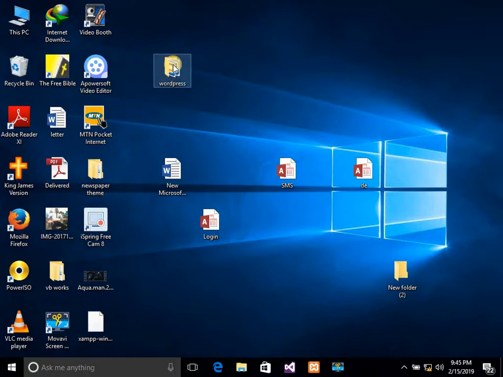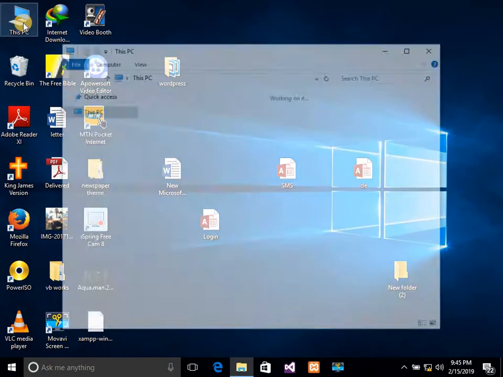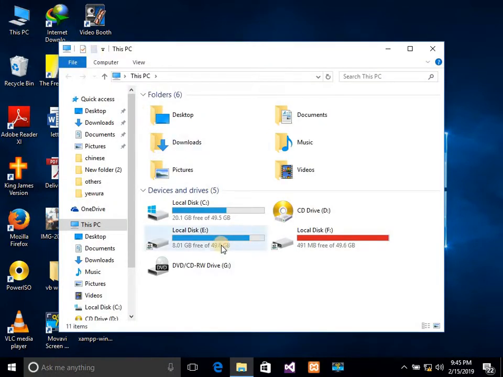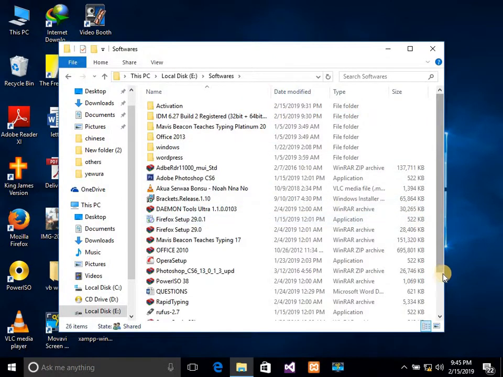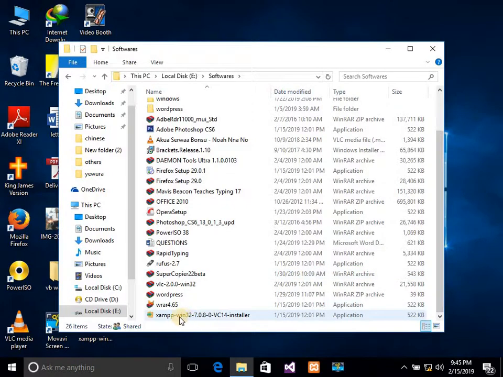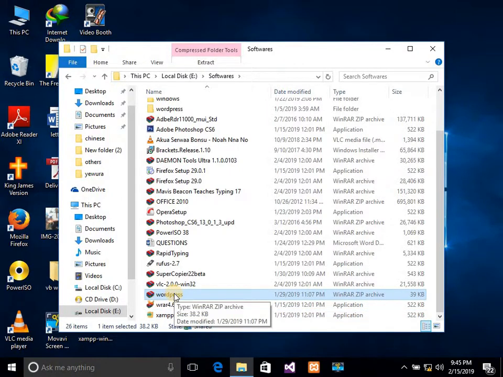We need one, a WordPress application, and we need an application that we call Xampp. So now let me get into my softwares to show you something here. I have my Xampp application software here, and we have a WordPress software also here. And these two softwares, by the help of